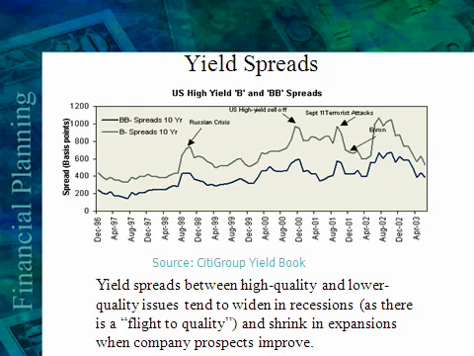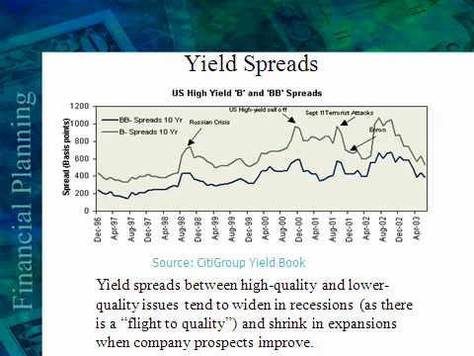The yield spread describes the differences in rates that one bond grouping or credit rating class offers compared to another. Look at the Citigroup yield book graphic on this chart for a moment. It depicts the yield spread between U.S. corporate bonds rated B with those rated BB. The y-axis of the chart shows the interest rate spread in terms of basis points, i.e., 100 basis points equals 1%. Knowing that, a 60 basis point spread means 0.6% or